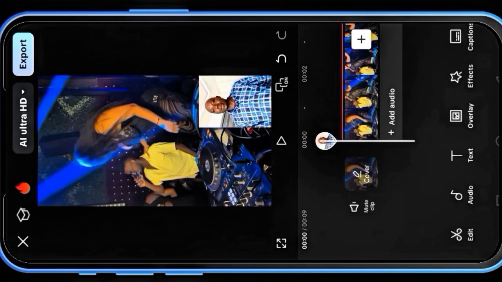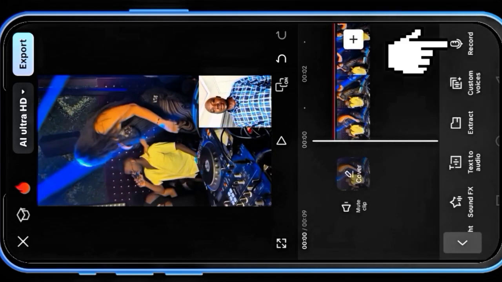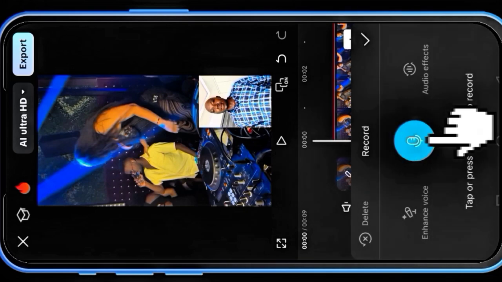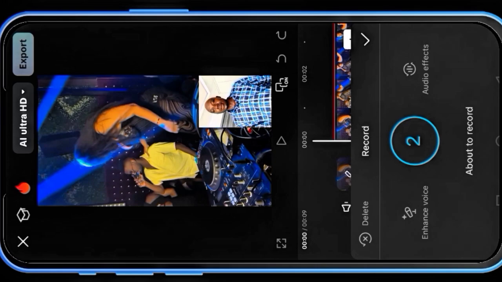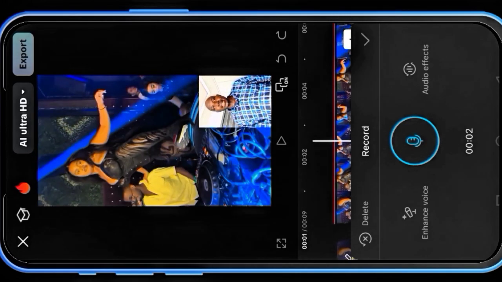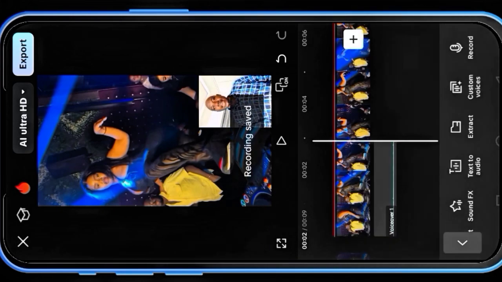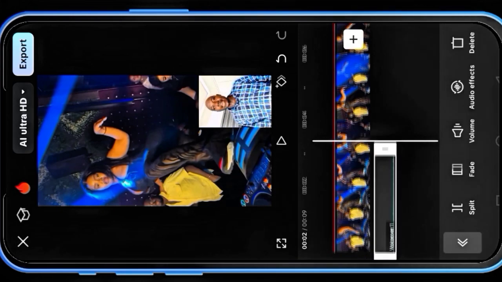To add a recorded voiceover, click audio, scroll to the right and click on record. Now tap the record button and record your voice while the video plays, like a narration or explanation of the video to your audience. Once done, click the mark button,